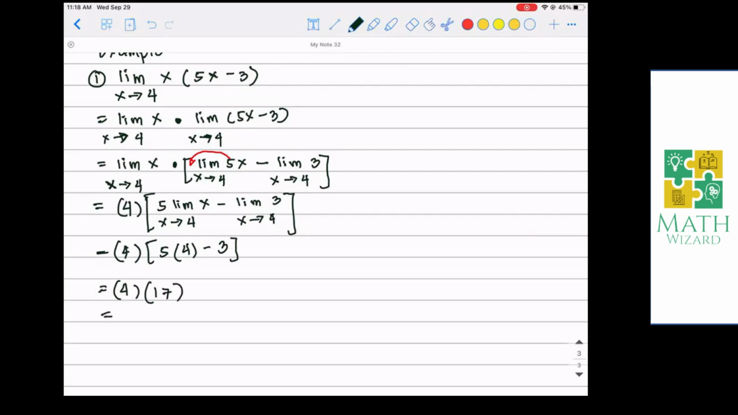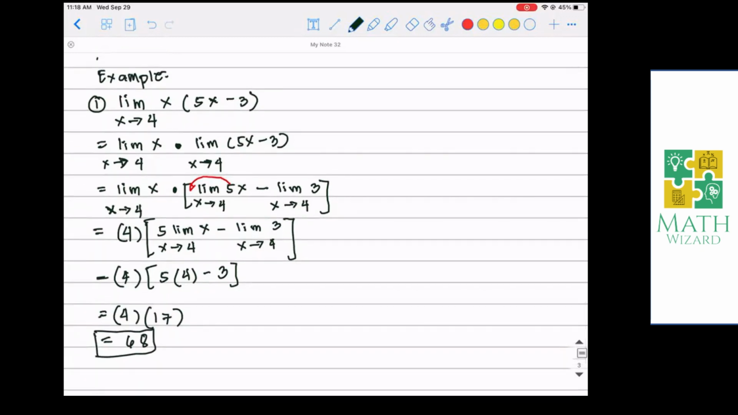What is the answer? 4 times 17. Ano sagot sa 4 times 17? 68 po, ma'am. 68. So therefore, ang sagot natin for the limit of x times 5x minus 3 as x approaches to 4 is equal to 68. So if we're going to try to solve this one,